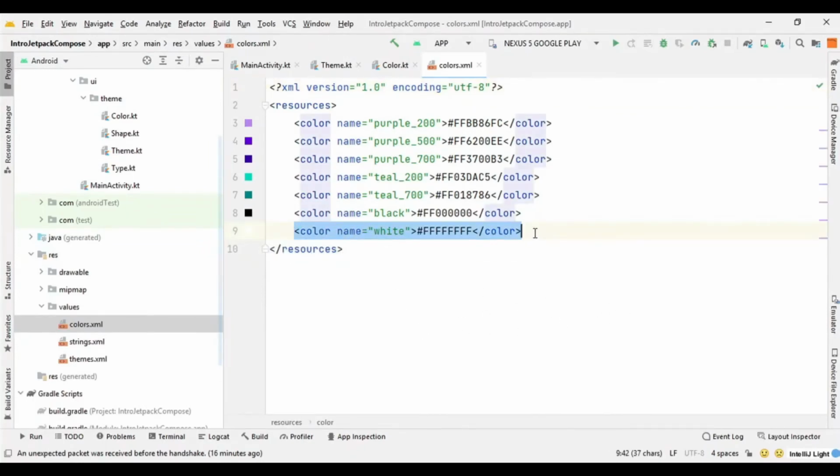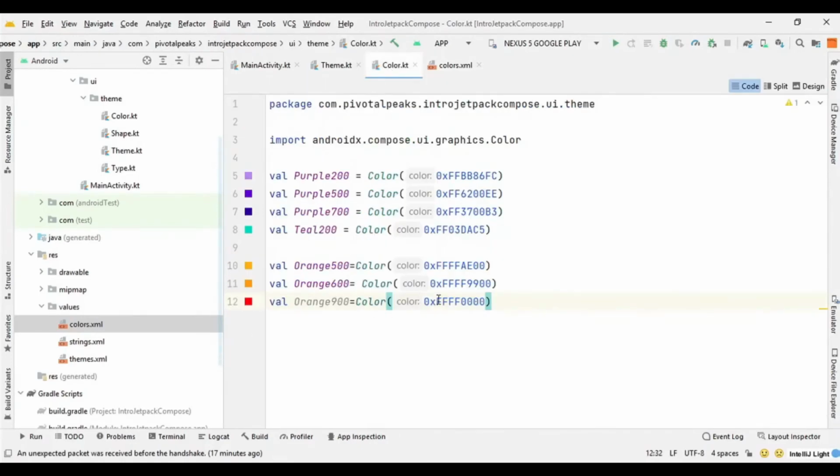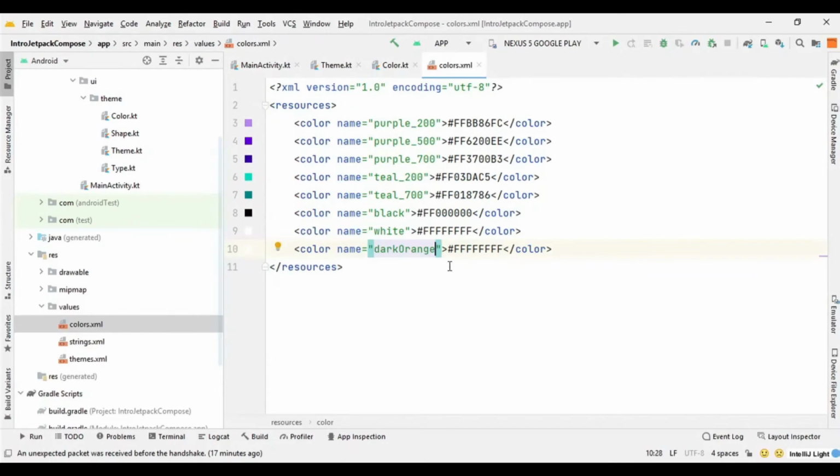So let's say color name, I will say dark orange, and let's pick this color for our dark orange color, and we just need to pass it here, and we need to remove the 0 and X, because this one just takes the regular hexadecimal color and not